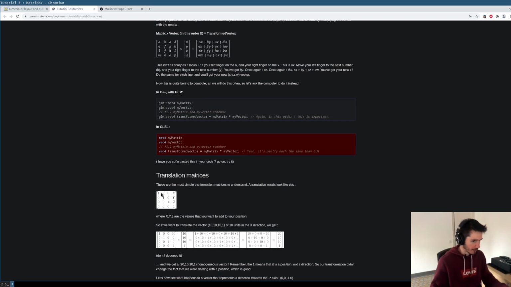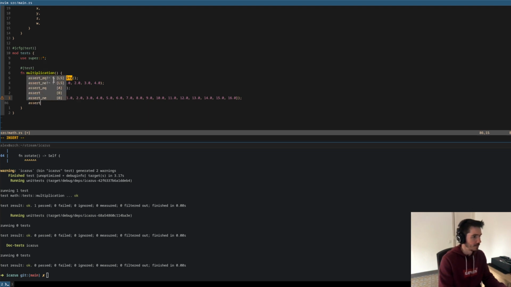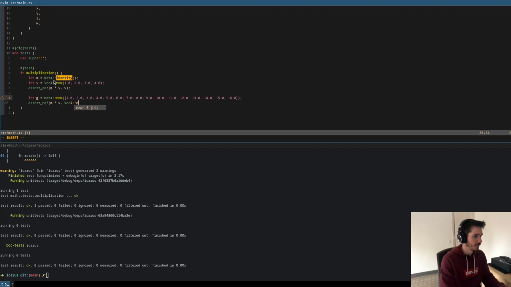And after that, we can move on to translation matrices. So if we add in this one and use the same v, then what should be the result? M times v should be equal to a vector 4, which would have, I'm going to put in here 1